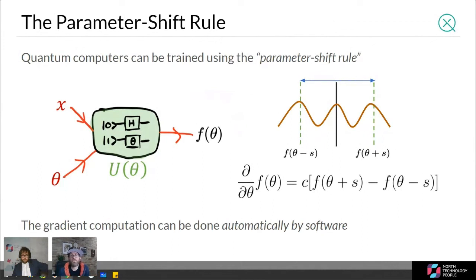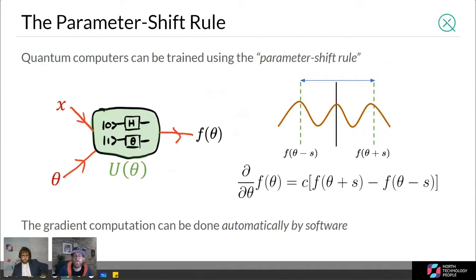So the parameter shift rule says that we can get the gradient of the function that our circuit is implementing by evaluating our circuit with a slightly forward shifted value for the parameters and then a slightly backward shifted value for the parameters, and taking the resulting difference from those outputs. It doesn't work for all possible gates, but this is a general rule.